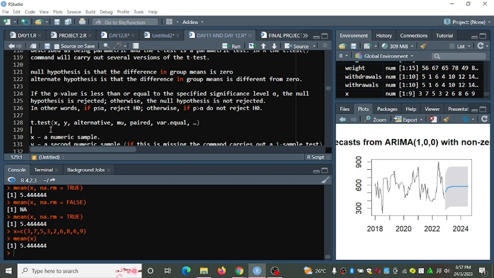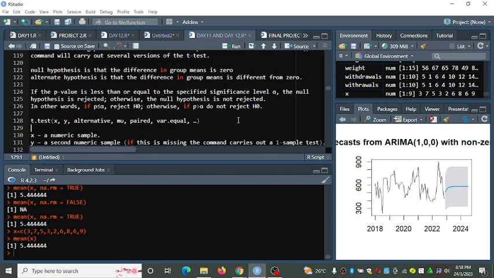And we have x, y, alternative, mu, and variances. These are the different versions that we are talking about. You can have just the values of x and y and get the t statistic. You can include the alternative, the mean point, the pairs, or variances, either equal or not equal.